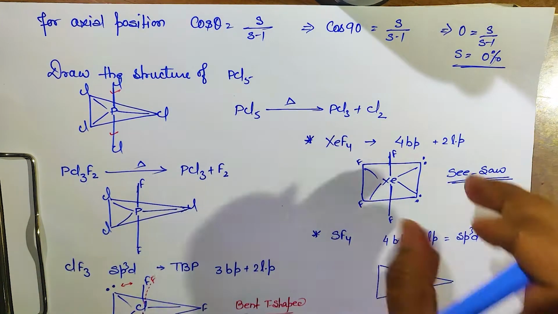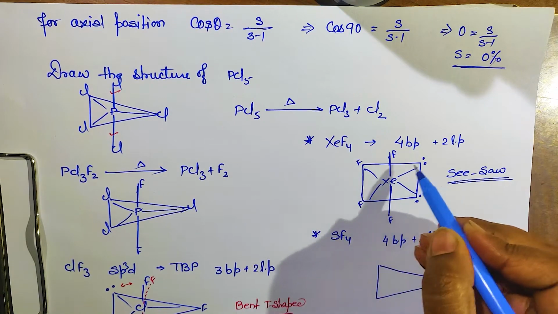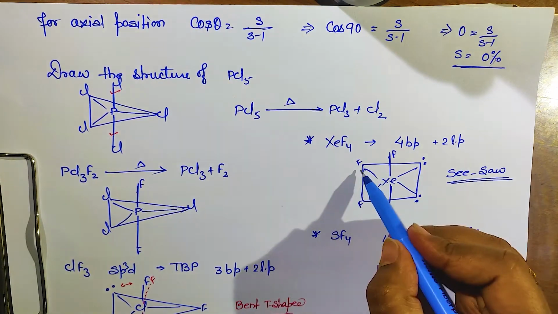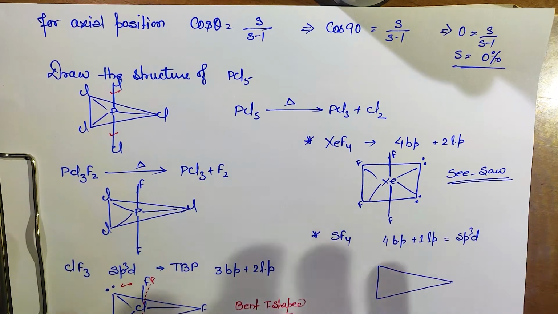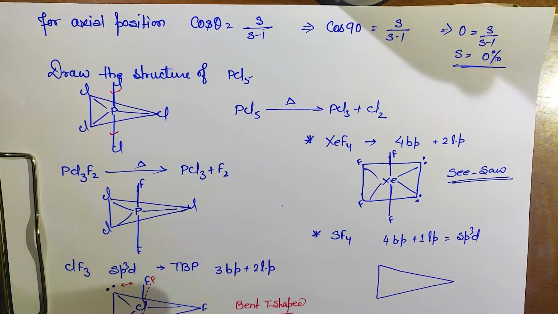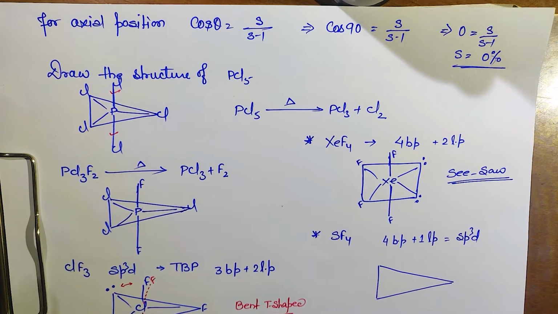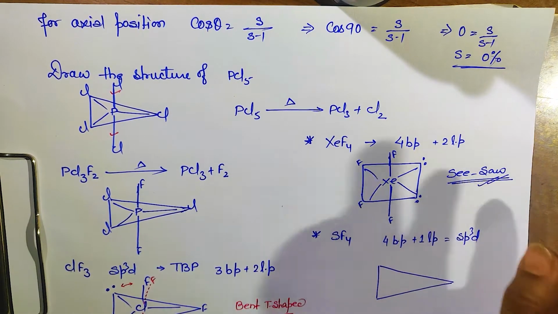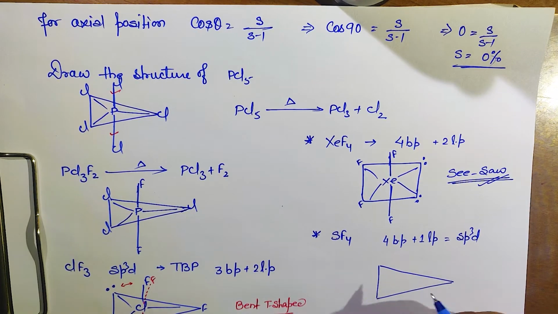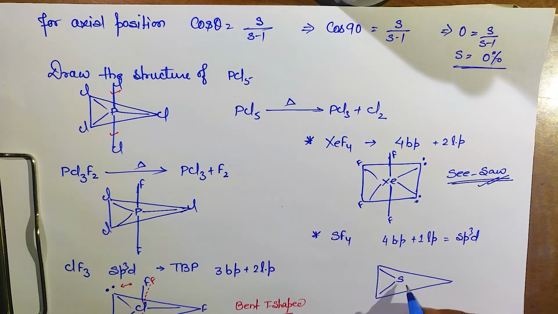In some books you will see that it is square planar also. Got it? Because all the fluorine will be at the square planar and the lone pair will be here. So basically the bent rule is applicable, and in the case of TBP it is very important. Otherwise we can also draw it, but this is the correct answer according to the bent rule. If you follow this, it is okay. So SF4, if I am drawing S like this,